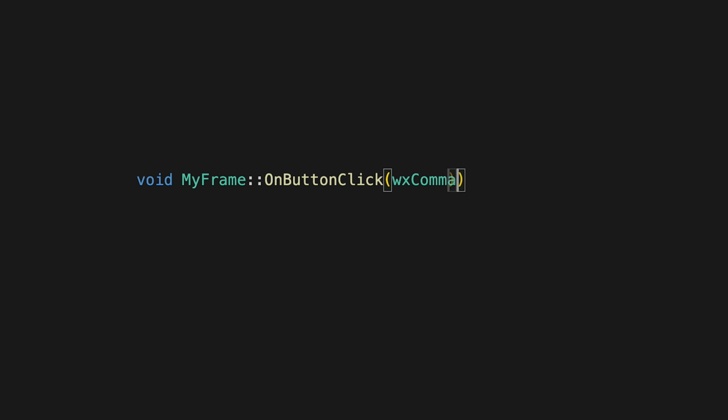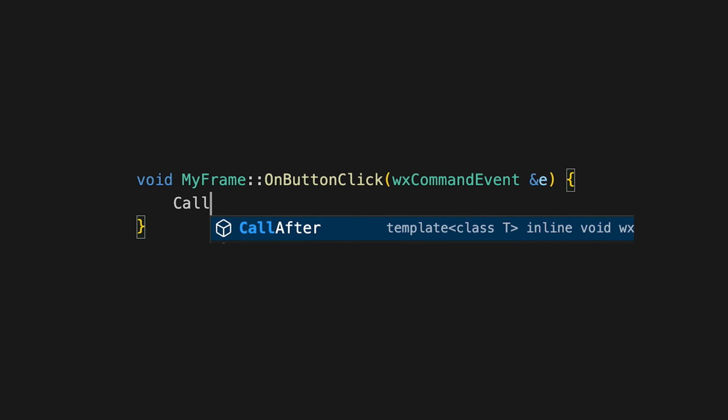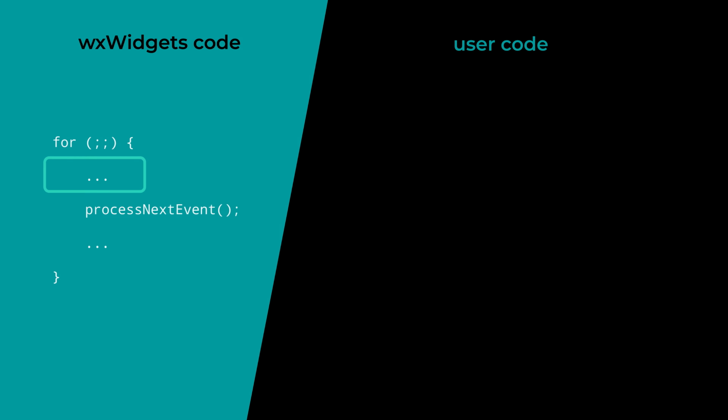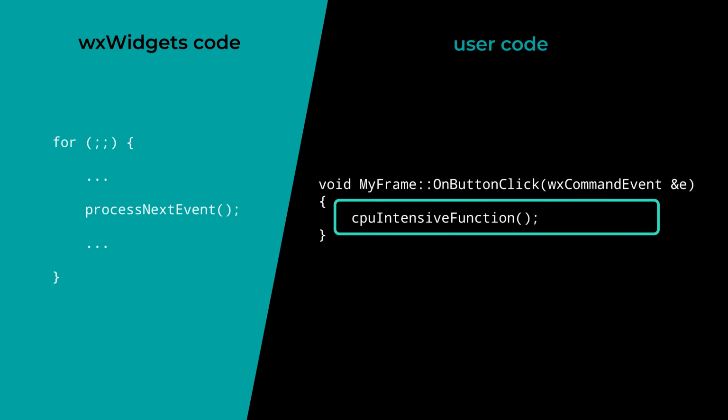In most UI frameworks, if you want to execute a long CPU-intensive task, you cannot simply do it anywhere in the code, for example as a reaction to a button click event. Most UI frameworks, including wxWidgets, operate using an event loop, reacting to user events like button clicks. If we put our long-running task inside such an event callback, the framework won't be able to process anything else and